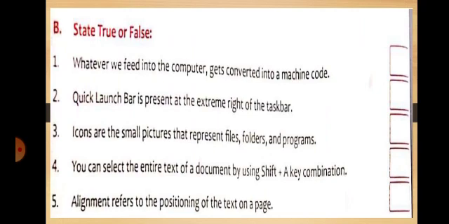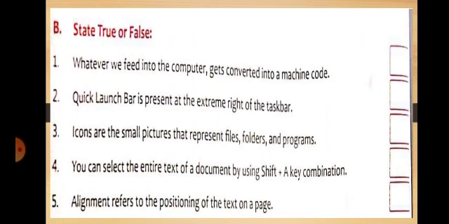So mark it F. Now third one, icons are the small pictures that represent files, folders and programs. The statement is true, mark T. You can select the entire text of a document by using Shift plus A key combination.